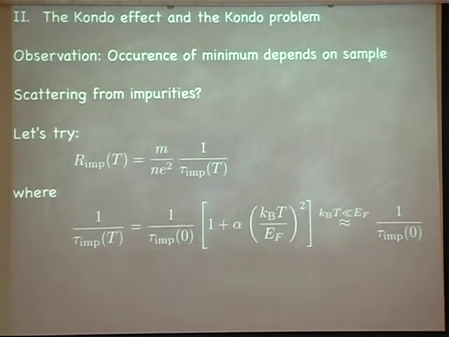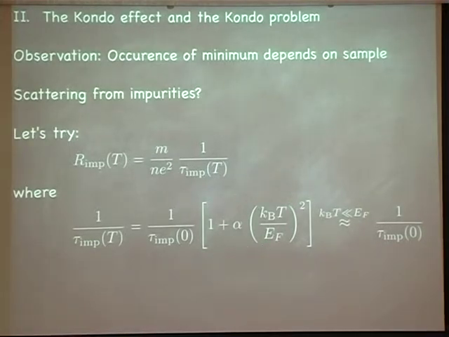Now, it's always complicated to do a scattering theory in these systems. You have these randomly situated impurities, so you have to think about how to treat the randomness. But if you do that in a standard way, you will find that the impurity scattering rate is some prefactor, which depends on the concentration of the impurities, times a factor which goes like 1 plus alpha kBT over EF squared. That's a typical result you get in any of these calculations.